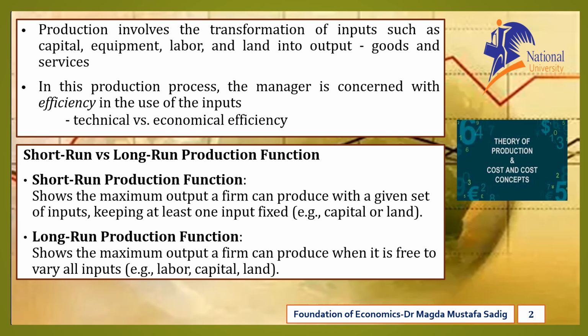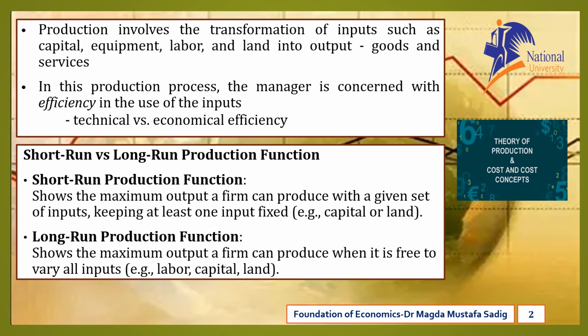The short-run production function shows the maximum output a firm can produce with a given amount of fixed and variable inputs. Example, a printing company has 3 printers, fixed, but it can hire more workers, variable. So output increases only by hiring more labor,